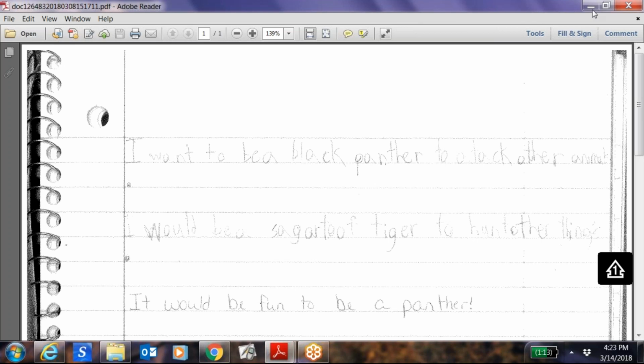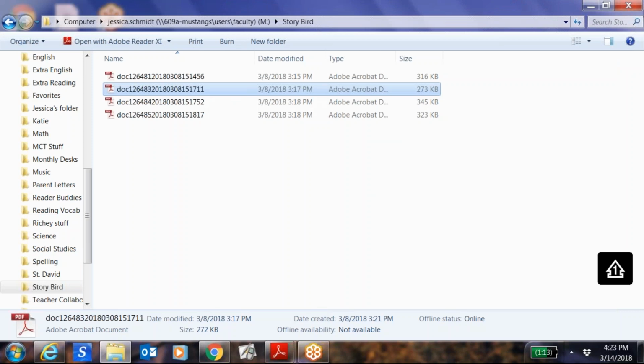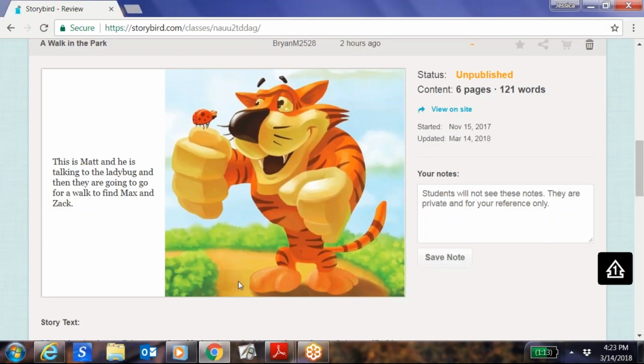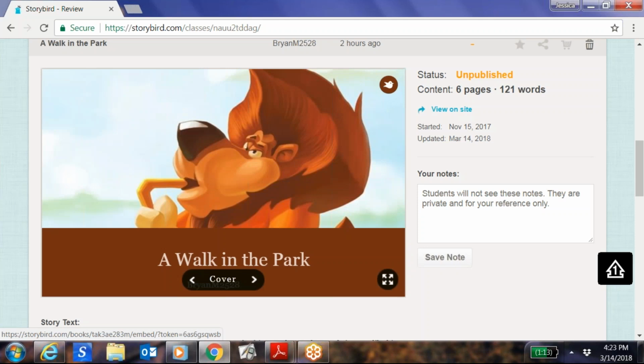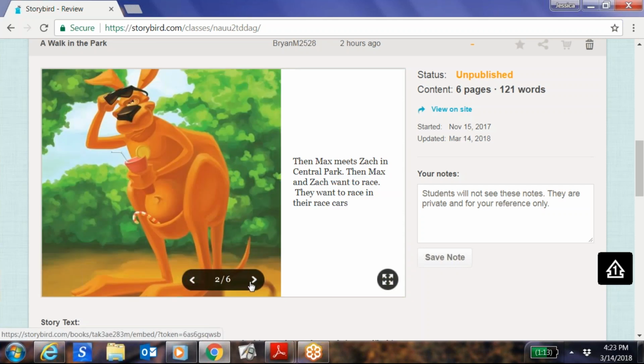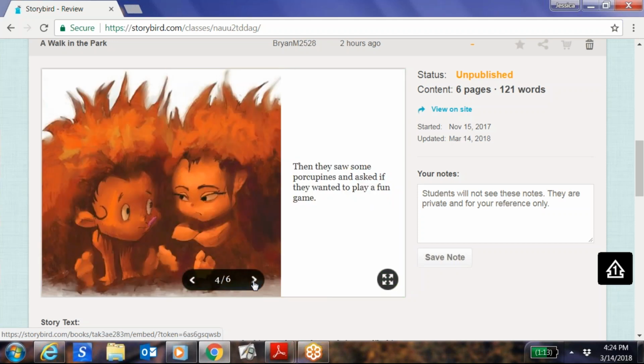This same student, when we introduced Storybird, has gone from writing this in his journal to writing this. This is one of his stories that he has written, A Walk in the Park. And yes, we're third graders. They definitely needed the pictures, but he said Central Park, he's going to have a race. He's talking to a ladybug, and he has Max and Zach, and Matt has found a friend,